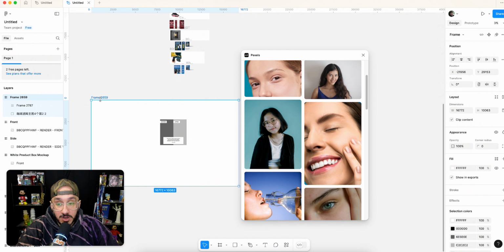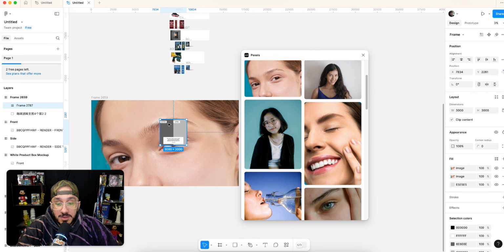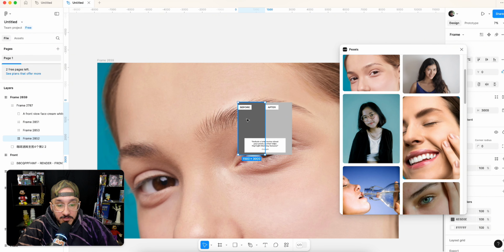Oh, do I have to be on a frame to insert it? There you go. But wait, aren't these frames? Okay, this is a frame. Okay, cool. So now I have that frame highlighted. Now I want to do the after. So